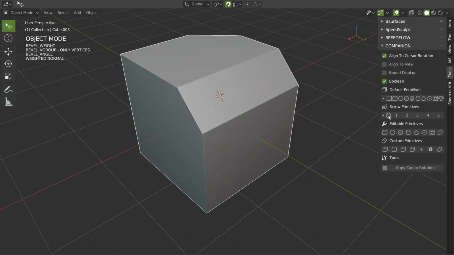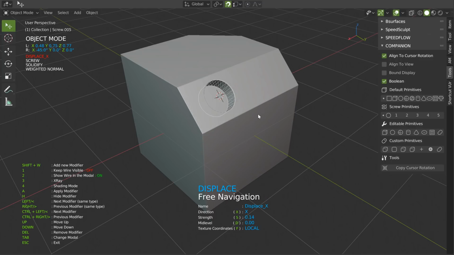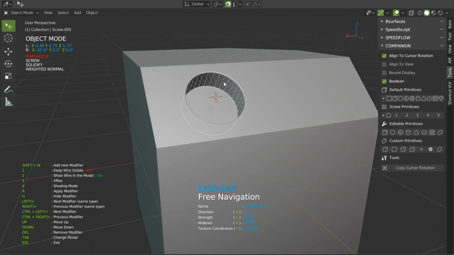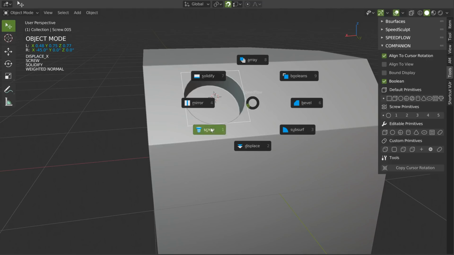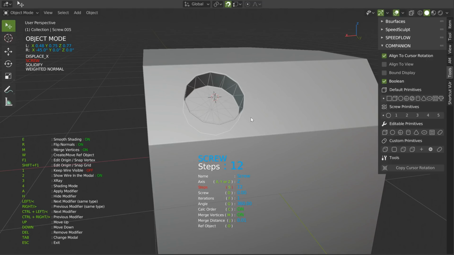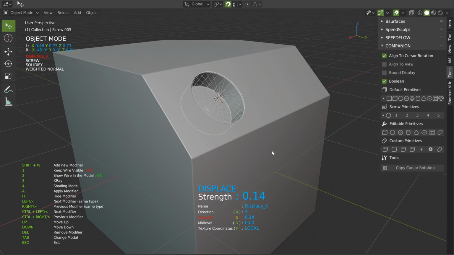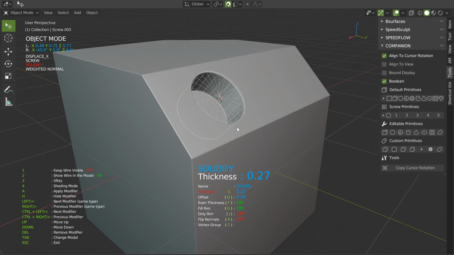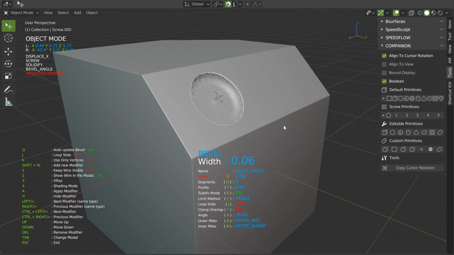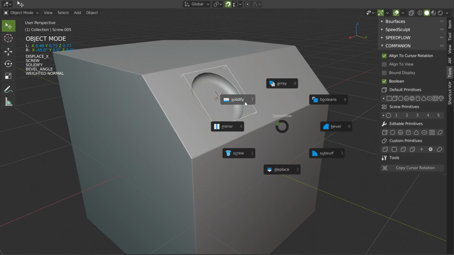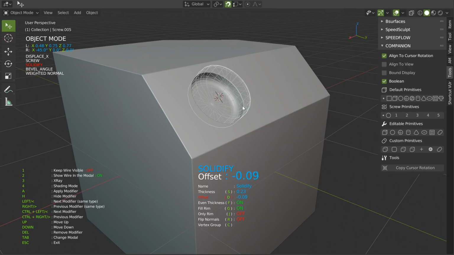Here I can use this one, and as you can see, I created directly my screw like that. I can decrease the number of segments, etc. I'm directly in the displace mode, and I can play with the solidify. Like that, I can change the solidify, I can add a bevel, I can play with the solidify again, and after make something like that.